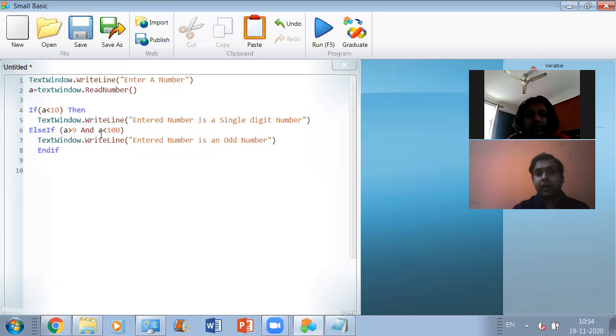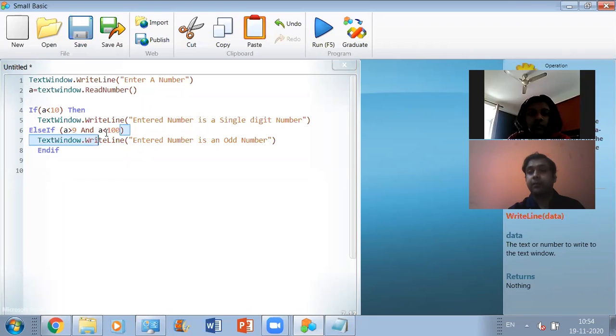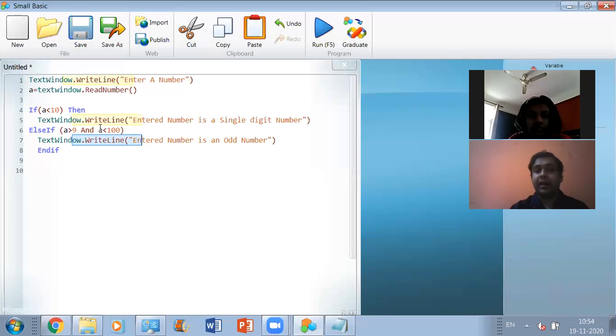Why have I written the condition like this? Because if a number is greater than 9, it can be 10 also, 11 also, 12 also. ठीक है, और वो नंबर इस कंडीशन को भी सेटिस्फाई करेगा. And why have I used the and logical operator here? Because I want that number to satisfy both the conditions which I've defined. अगर इनमें से एक भी condition false हुई तो हमारा output नहीं आएगा. That is the reason I have used the and logical operator here.